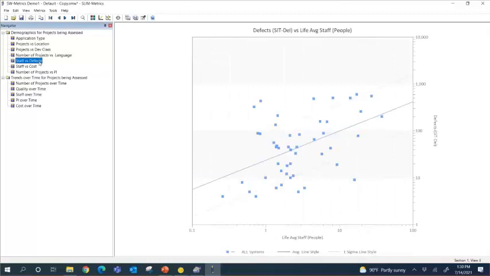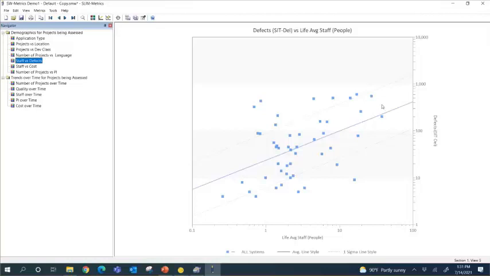This is actually a scatter plot that shows a relationship of people to quality. Okay, so you can see here, I hope that WebEx bar is not in the way. I hope you can see everything. This is showing us a scatter plot, and it's got an industry trend. This could be an industry trend line, or it could be your own custom trend line that you've created in SLIM Metrics. And all these data points that you see are your projects hypothetically in that data manager, in that repository that you created, that you pulled together. And now I can see some relationships here. So I can see as we add people, we're actually finding more defects, right? Pretty straightforward